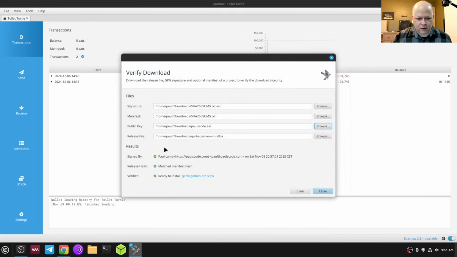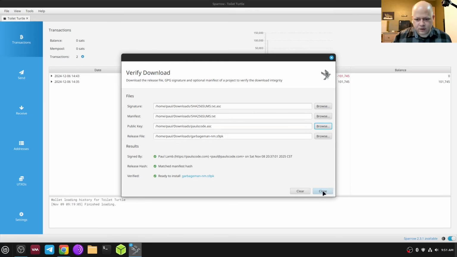Okay, so if anything's not green here, then that means that particular build is not verified. Stop by the forum, report it to me, and we can go from there. But this should check out. If you get my public key from my website and you download those three files from GitHub, put them into Sparrow here, you should get all three verified. Okay, so that shows this is a genuine service from me, and it's not something that some middleman managed to get on your computer. Okay, so now that you've verified the service, you can now safely load it onto your